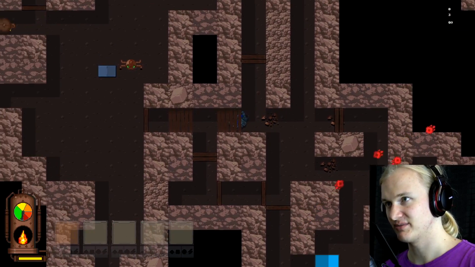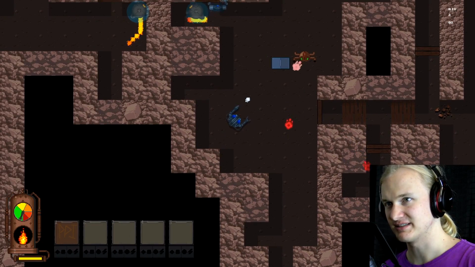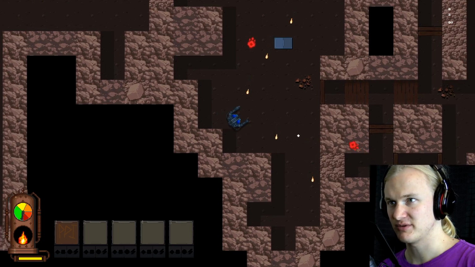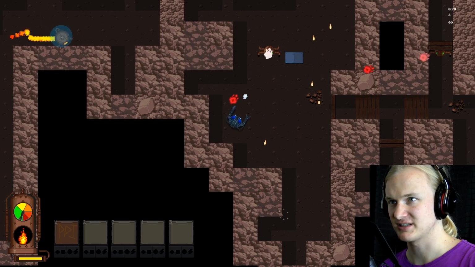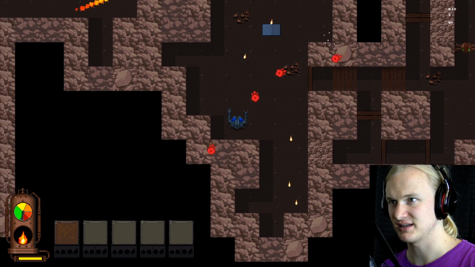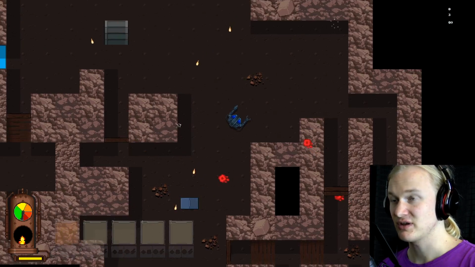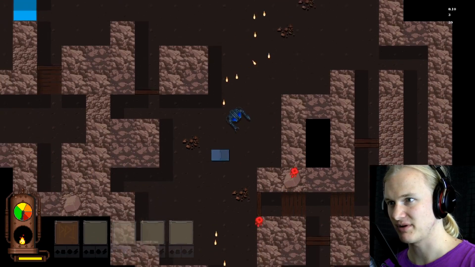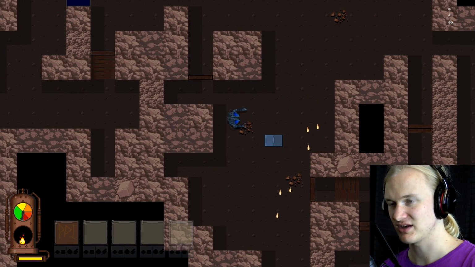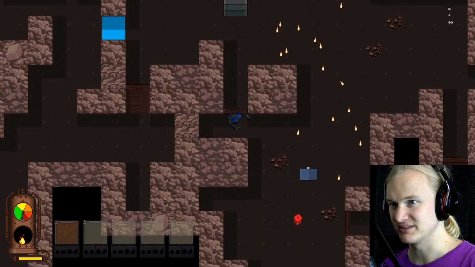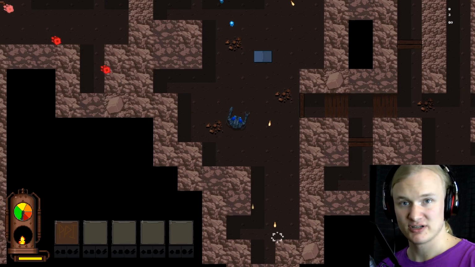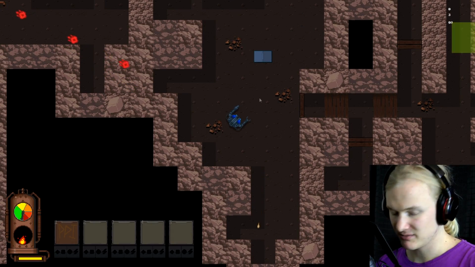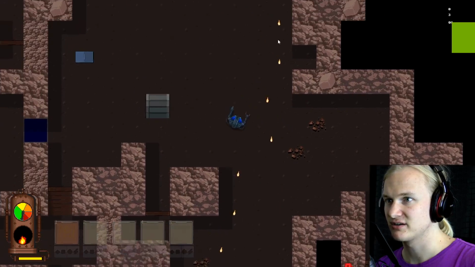Even though there are a lot of enemies, in a way I have to say that they kind of feel a bit samey, and I'm wondering why that is. It's probably because I can defeat all of them with the same strategy, which is just dodging their bullets and shooting them straight to their face. So even though you have a lot of different enemies, these enemies don't force me to switch up my playstyle, right? I can defeat them all with the exact same playstyle, which makes them feel a bit samey, even though they're not really. The reason why usually you put a lot of different enemies in your game is because you want to force the player into mixing up the playstyle. I don't think you've achieved that here quite yet.